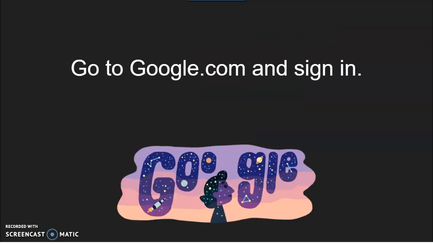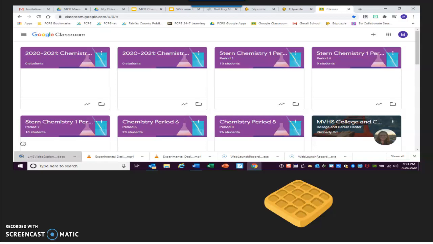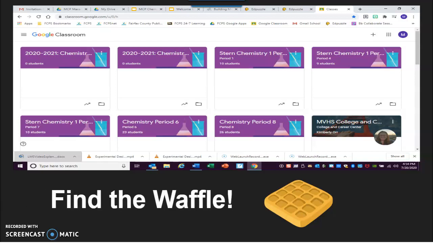So the first thing you need to do is go to Google and make sure that you are signed in. Anytime you get your computer up and running, this is definitely a good thing to do and get in the habit of doing first. If you sign in and you know how to get to Google Classroom already,